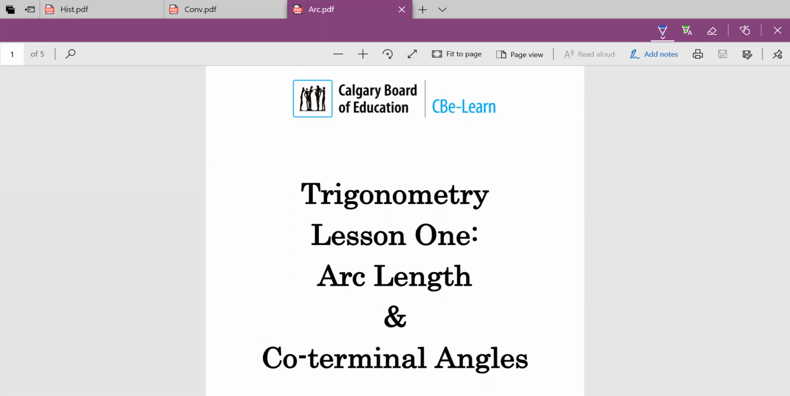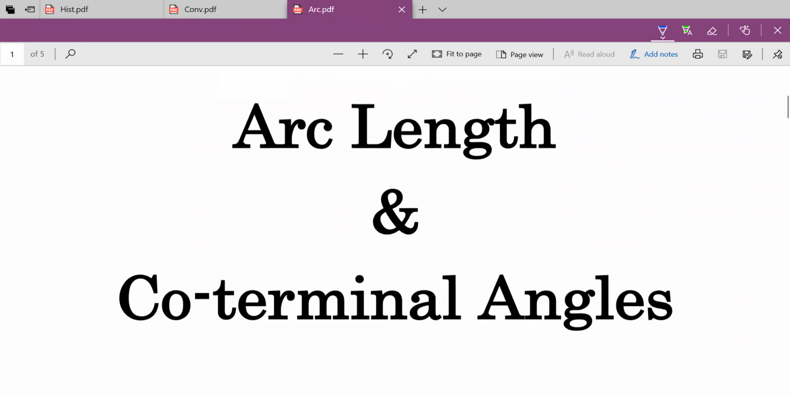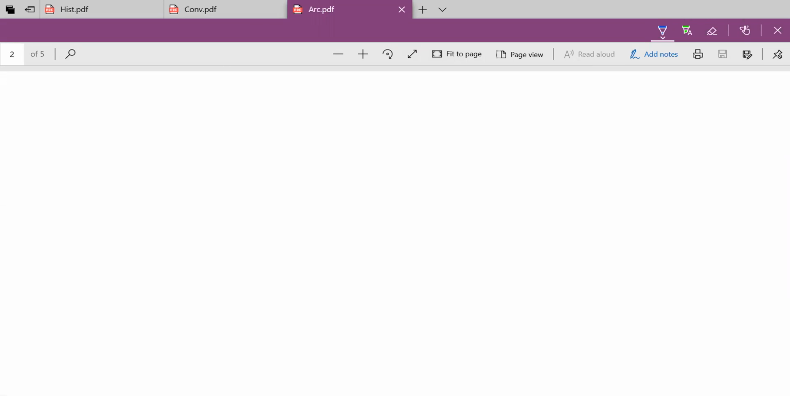Arc length and coterminal angles. Okay, this will actually be rather easy. So what we're talking about here is arc length. Well, if you had watched the first two videos, especially the one about the history, again,